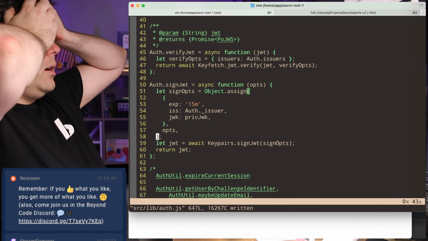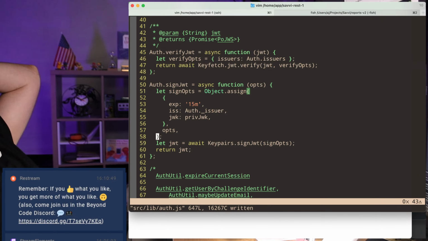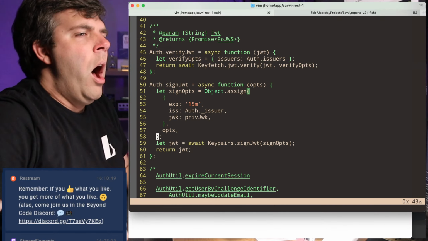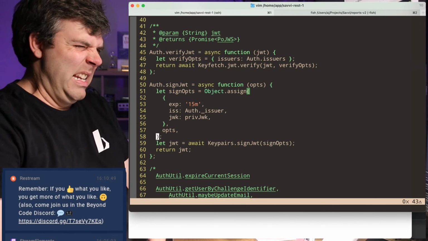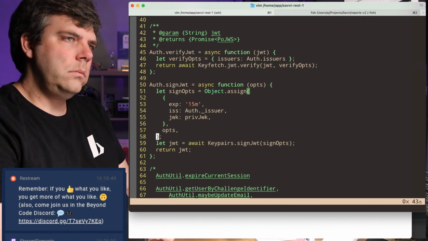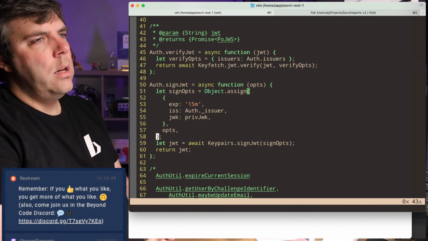All right, let me think out loud or explain what I was doing there. So the expiration makes perfect sense to have the default be for 15 minutes. A lot of cases, this is all you need for a few seconds if it's server to server. Issuer needs to be issuer JWK.